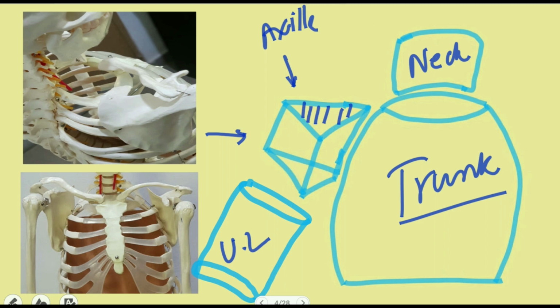After the apex and base, it has got four more boundaries. It has got a medial aspect. This is the medial boundary against the ribs. It has got a front aspect that is made of the pectoral region muscles. Behind the anterior surface, this whole surface is the posterior surface of the axilla, which is made by the front of the scapula, and this narrow margin is the lateral surface. I have already demonstrated this in the human skeleton.